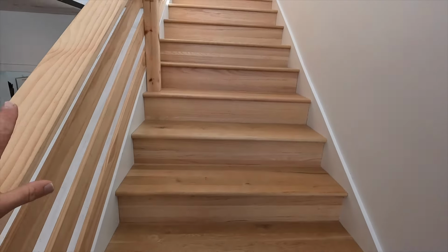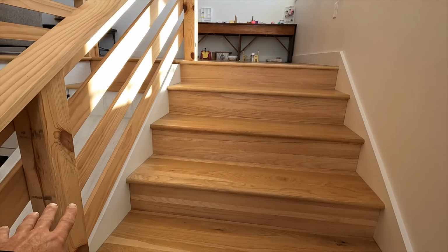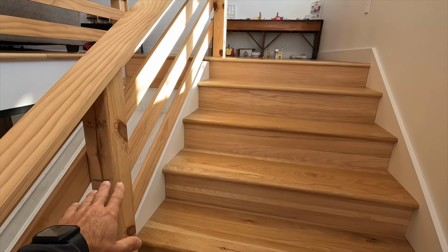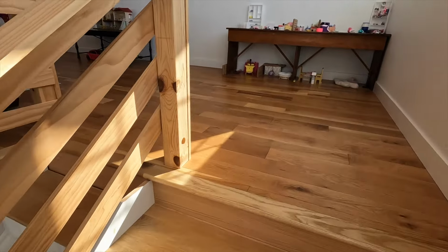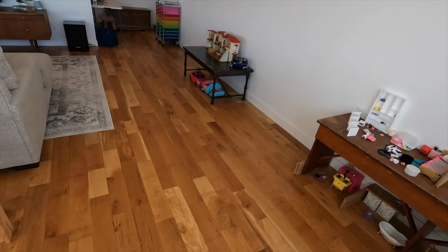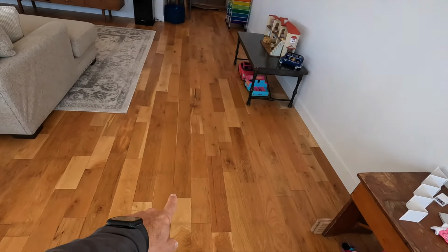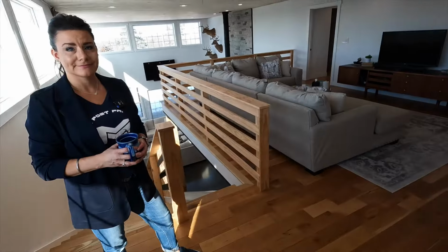So eventually, I'd like to replace this with some wood posts that I mill with my chainsaw mill off my property, and with maybe some metal railing. But this was a quick and easy way to get a railing up here. This is all 3/4 inch white oak that we got from...